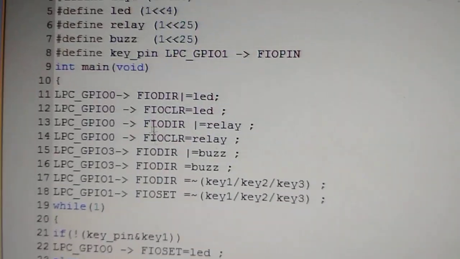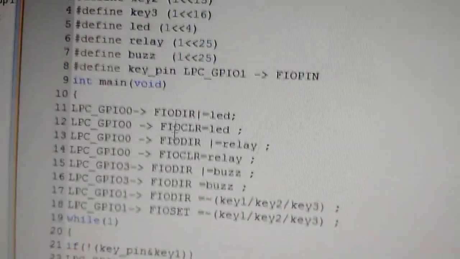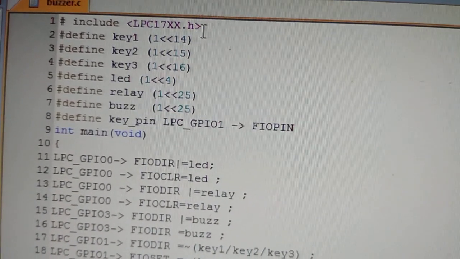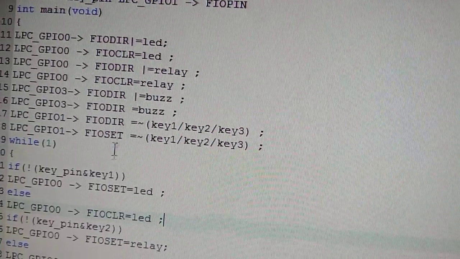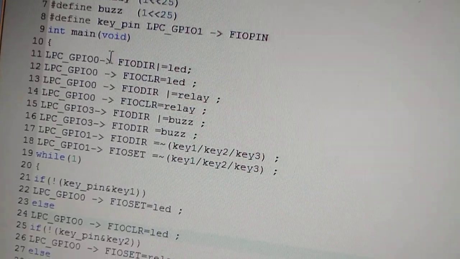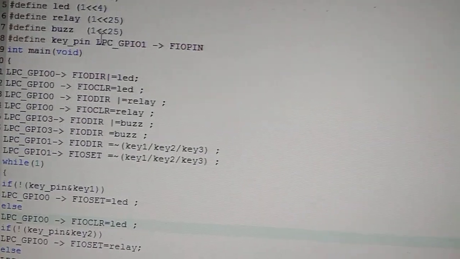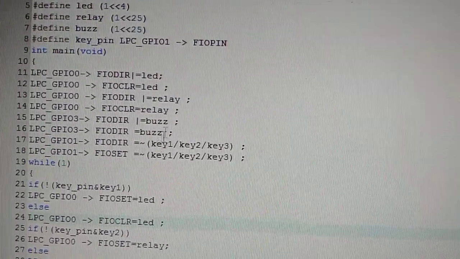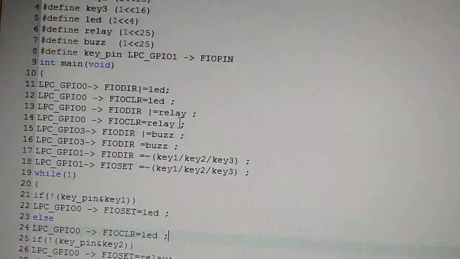So all like this, whatever registers you can see here, the function of all these things will be defined in the header file called LPC17xx.h. So as and when we go, I will tell one by one. So before that, you should know what are these registers. So now we have these general purpose ports, and each port will have 32 pins, and we will be making use of those 32 pins, and we have to make those pins either as output or as input.